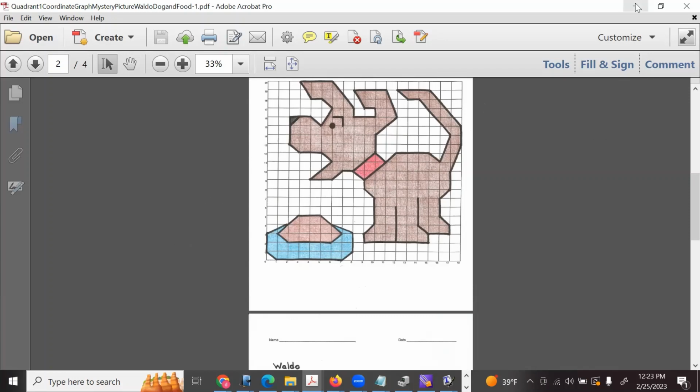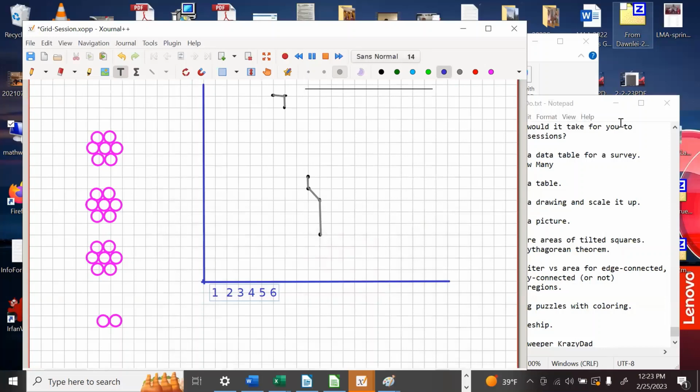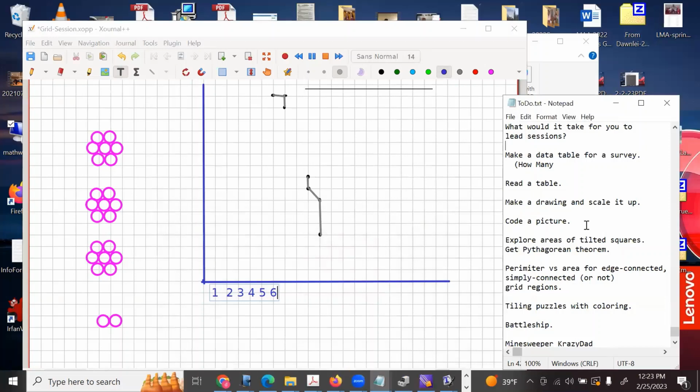This is what I mean over here when I say we could code a picture. Right, kind of did that one. I said make a data table, right? We talked about that one. You know, and it can be how many, how big,